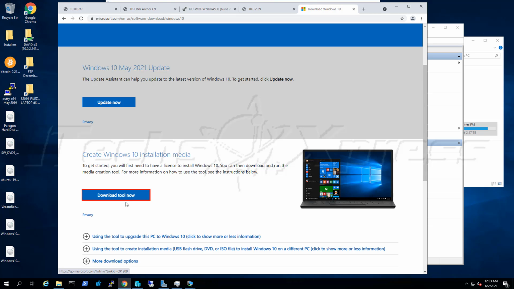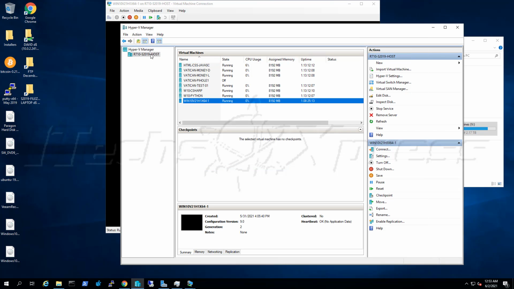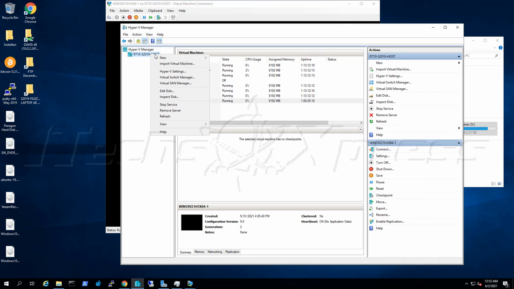Click on this option here, and it will allow you to create an ISO, which I have already done right here. Windows 10 64 21H1. So now I'm going to open up my Hyper-V manager, go to new virtual machine